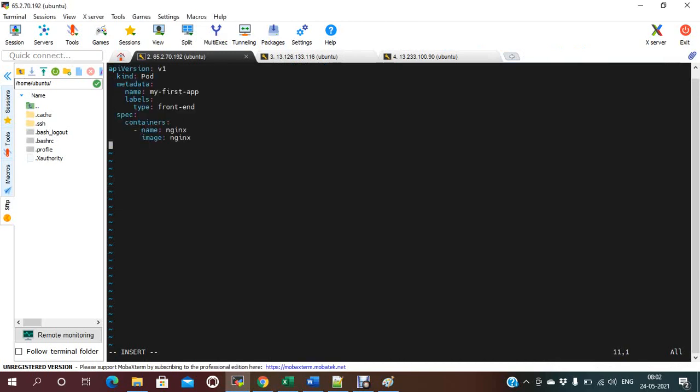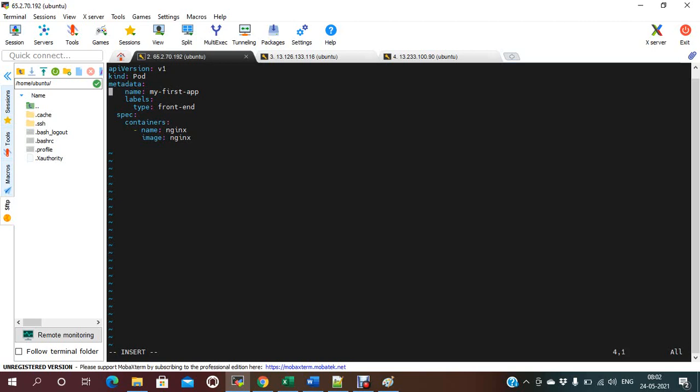Indentation is very important. This is the API version, and then metadata, which is about your pod name.